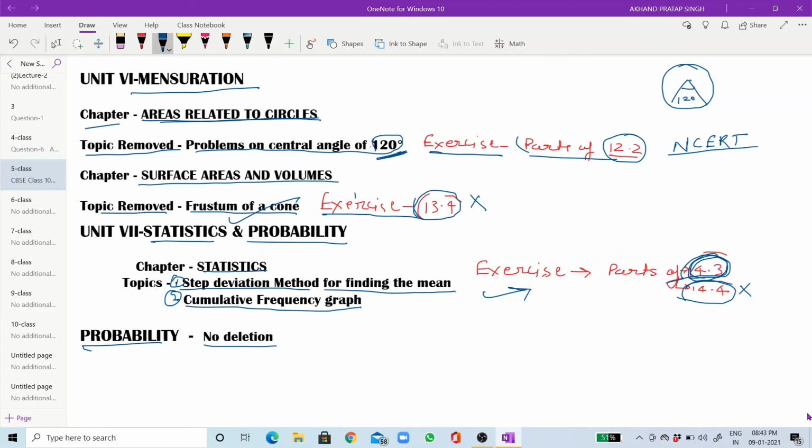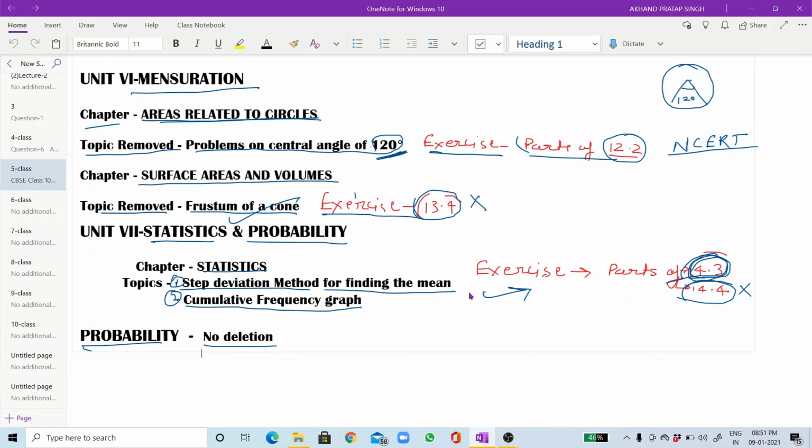So students, I hope you understand all about the reduction of your 30% syllabus. So be careful, watch this video carefully and take an NCERT book, mark each and every exercise which is left out of your syllabus, in this reduction and revised syllabus. Those students who are preparing only for the board exam, take an NCERT book and mark each and every exercise and syllabus which I discuss in this video.